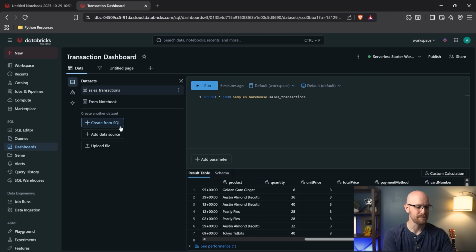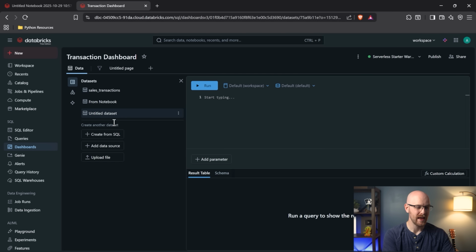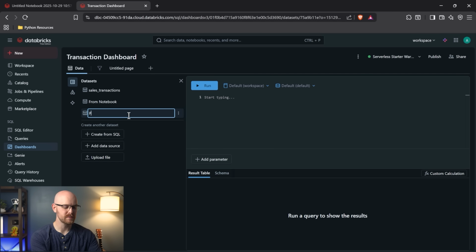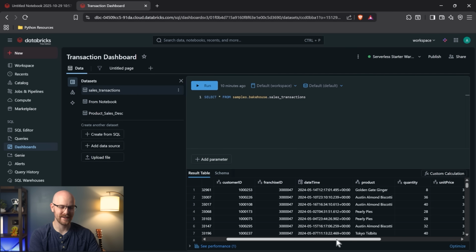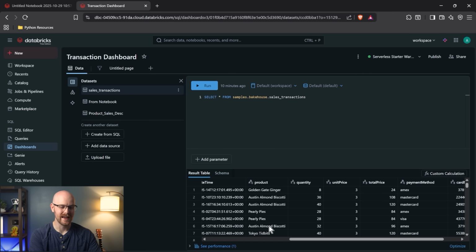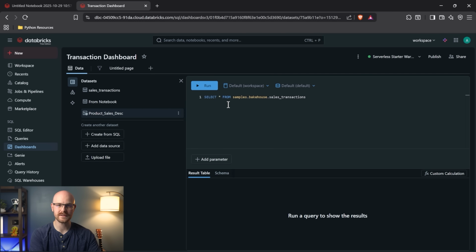So we're going to come right here. We're going to go create from SQL, and let's rename this before we actually write it. We're going to call this one product sales descending. Now, what this means is we're going to take the product sales. So right over here, we're going to take the product, and then we're also going to look at this total price. So we're going to calculate the sales. This is actually going to be quite easy. If you know SQL, this should be pretty straightforward